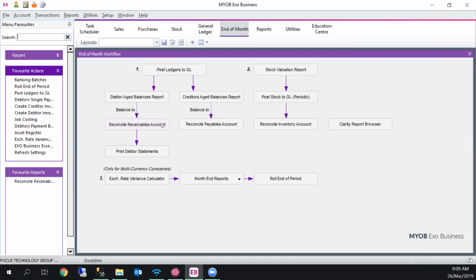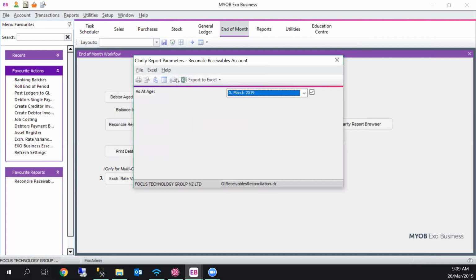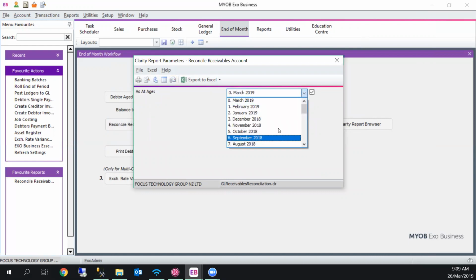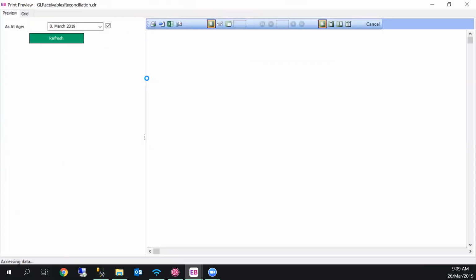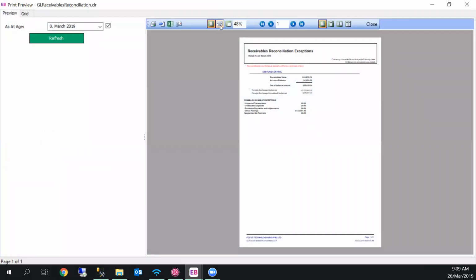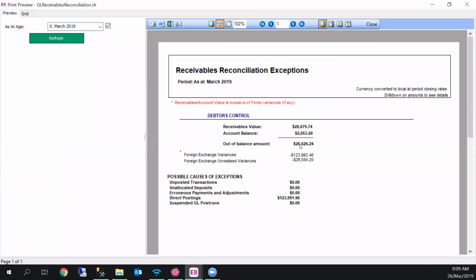So Reconcile Receivables, it's popped up on my other screen, looks like this on the parameter screen. It is a retrospective report, so you can run it for prior periods and it will show you an accurate balance. The months that are showing as red here are the locked periods, and I've just left quite a lot of periods unlocked in my test system. So we'll just run it for March. And here it is. And we'll just bring it a bit closer. And we can see that we've got a